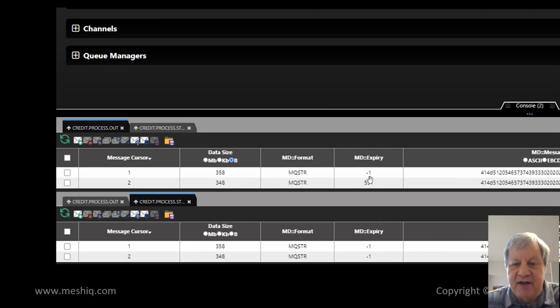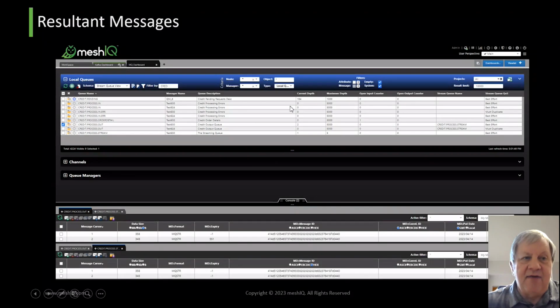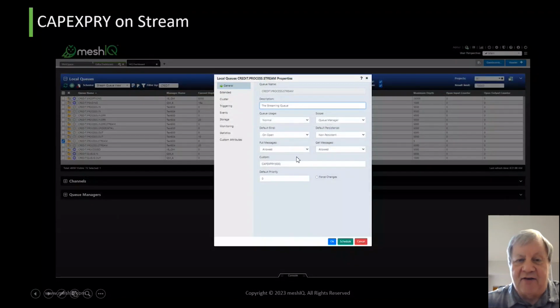So that one is expiring, but the copy sent to the streaming queue has no expiry. Now, why would you want to do that? Well, one of the use cases we mentioned was an audit trail. You don't want the audit trail to go away in 60 seconds like the original message did, so that wouldn't be a very useful audit trail. By setting your expiry time to the default of not expiring, it becomes an audit trail that is good forever. And now, of course, we can do the opposite scenario.